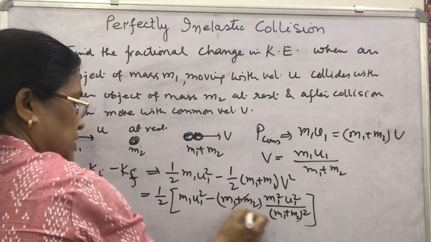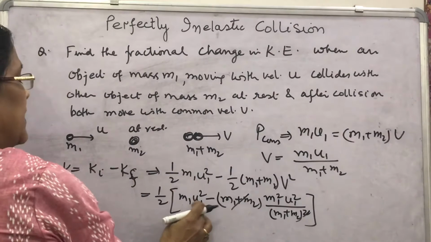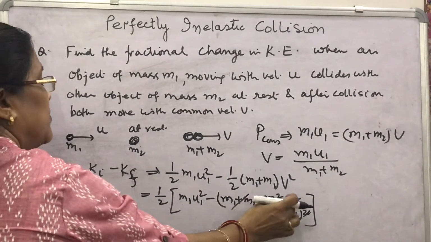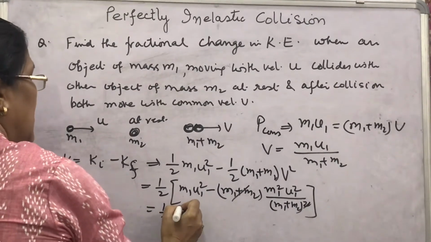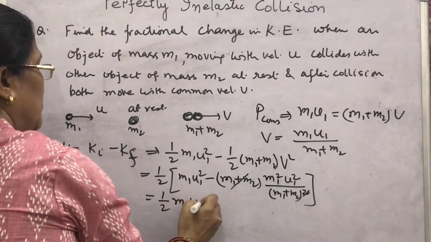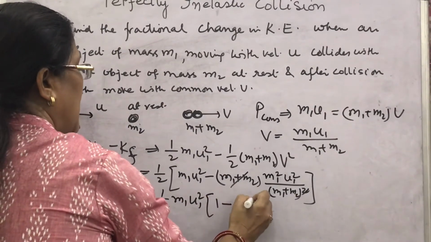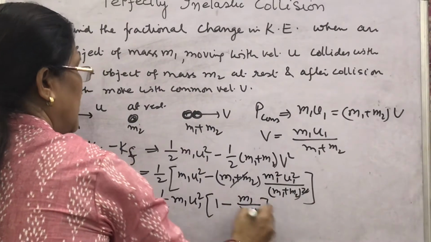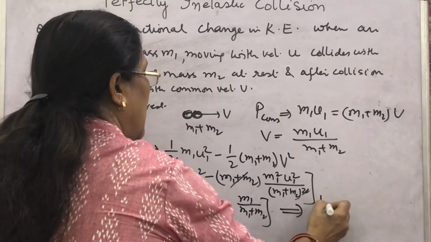In this, one factor of m1 plus m2 will be cancelled. Take LCM, then what will you get here? m1 u1 square is common, so what will you get? This is half m1 u1 square, you can write here 1 minus m1 upon m1 plus m2. That is, finally you can write this is half